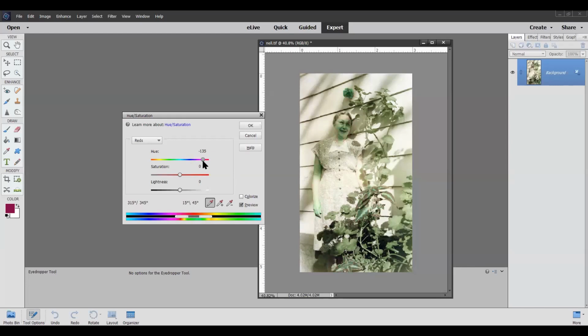mine went green. But if I move it the other way, it should be getting a little bit of a red to it, or a magenta. And I'm going to increase the saturation. So you see I'm affecting the color of the reds. These plants down here, they're changing too. And I'm going to make it lighter, or darker. So let's go in